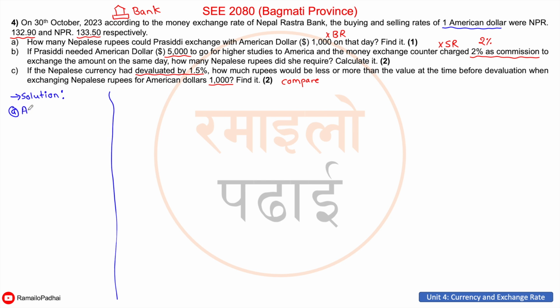As the buying rate at that day for $1 American was